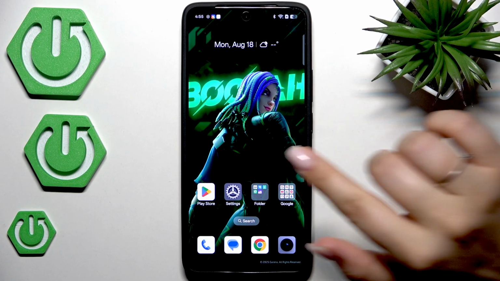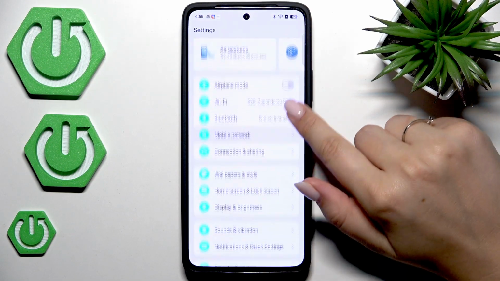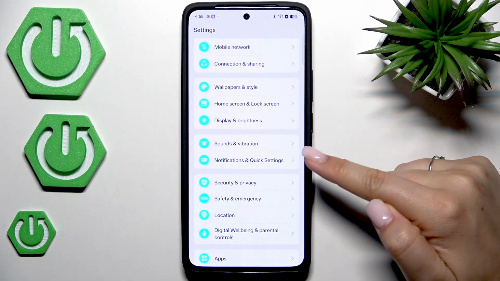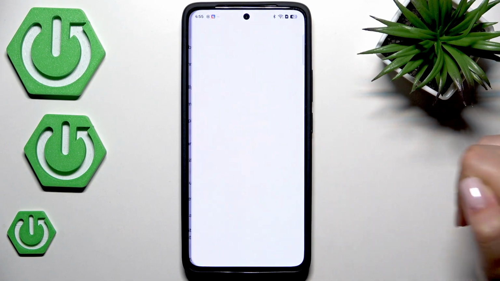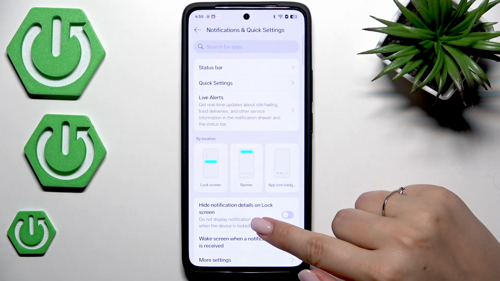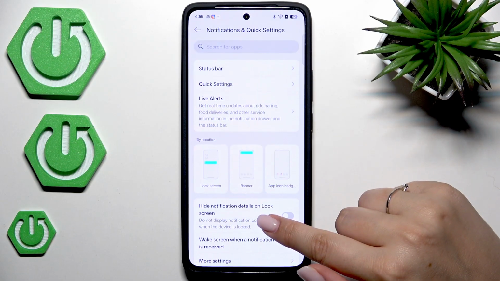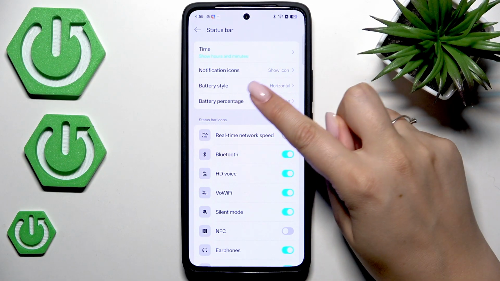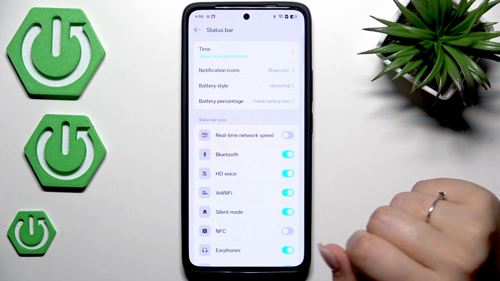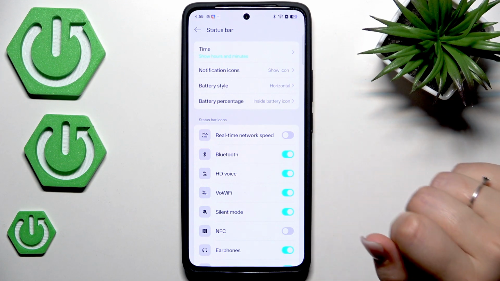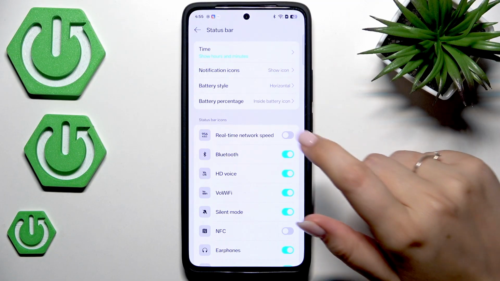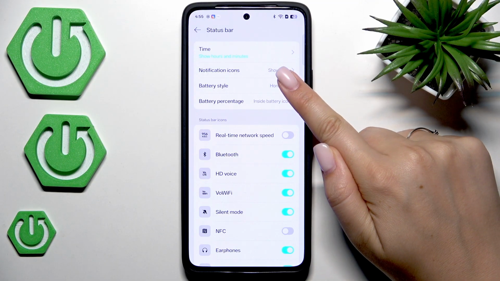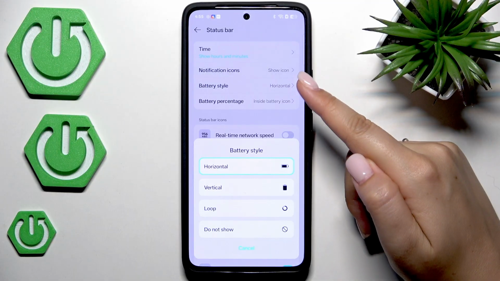So let's begin with opening the settings, and here we have to scroll and find the option Notifications and Quick Settings. Then let's go to status bar, which is at the top. And as you can see here, we've got two different options which are connected with the battery, which is shown on the status bar. So I just wanted to start with the battery style, because as you can see after